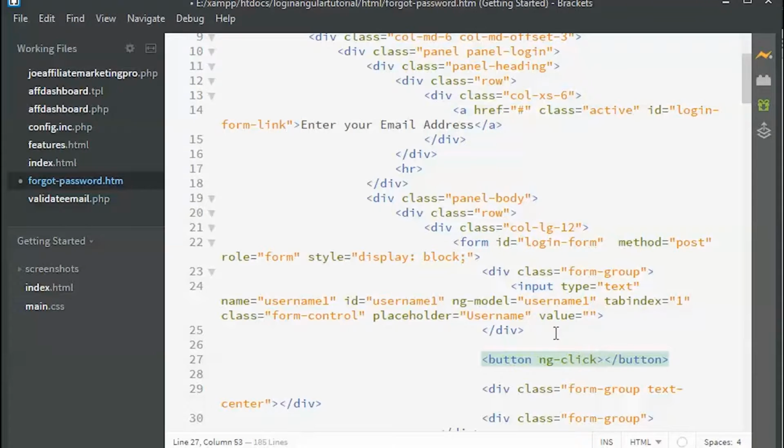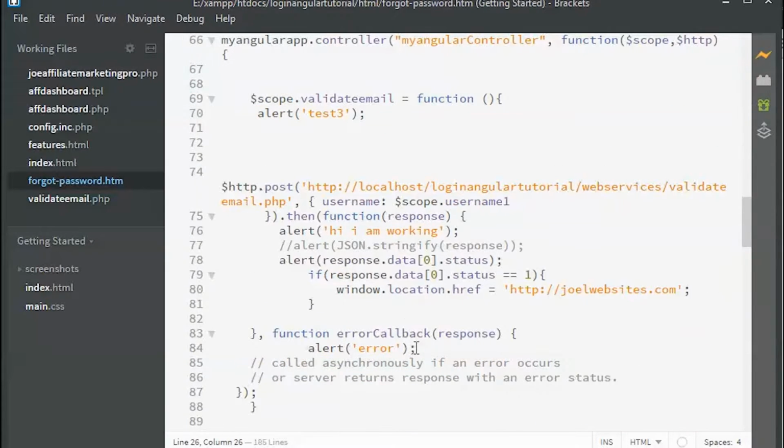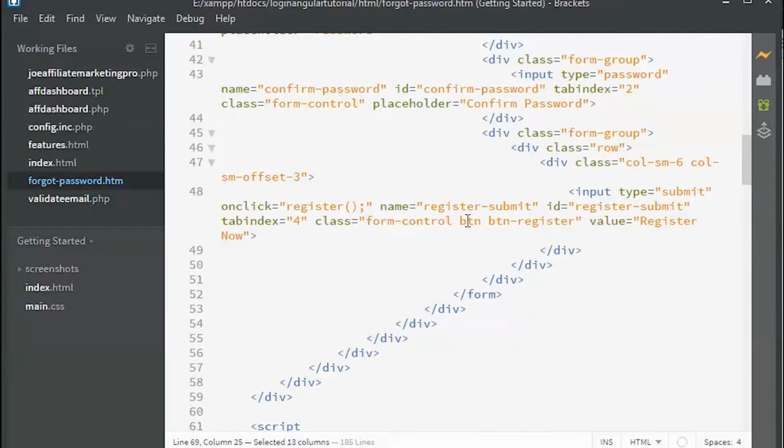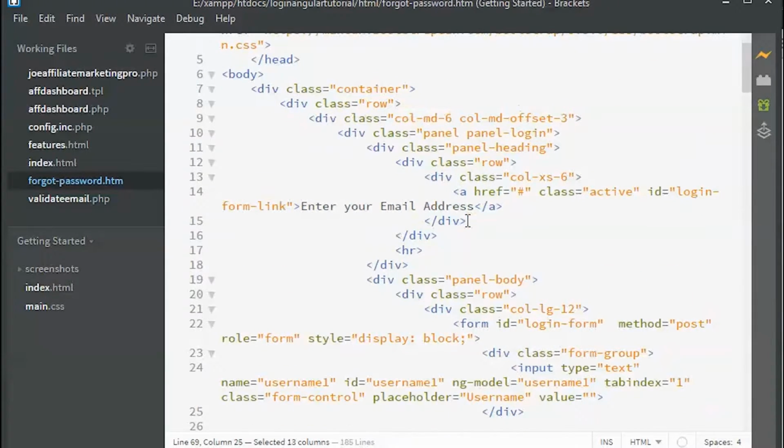In JavaScript we directly use onclick usually. But in AngularJS you need to use ng click to call an Angular function that is defined in the controller. So I need to make sure the spelling for the function is accurate. So I'm going to copy paste the spelling, guys. Here I've copied it, Control C. I'm going to go on top and press Control V.